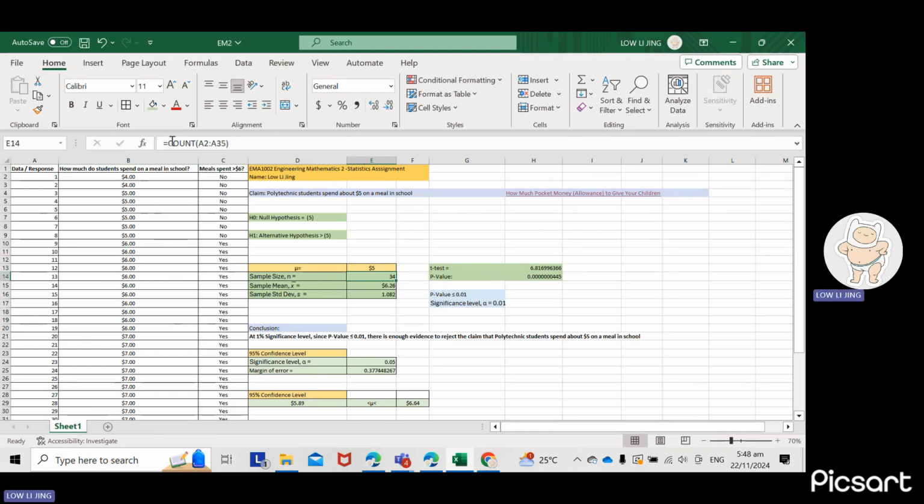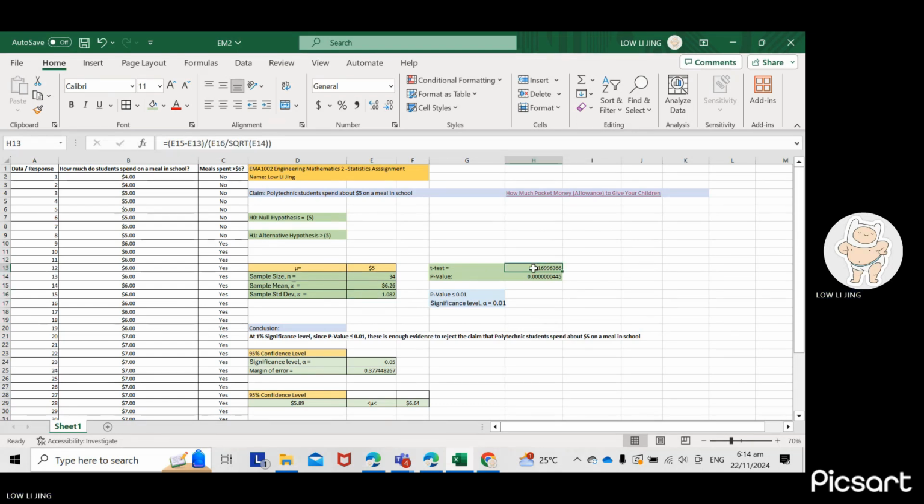I can also use the count formula, counting from 1 all the way to 34. Then I find the sample mean by using the equals average formula, counting from 1 to 34 as well, giving me the answer of $6.26. Moving on to find the sample standard deviation using this formula and dragging from 1 to 34 as well, giving me the answer of